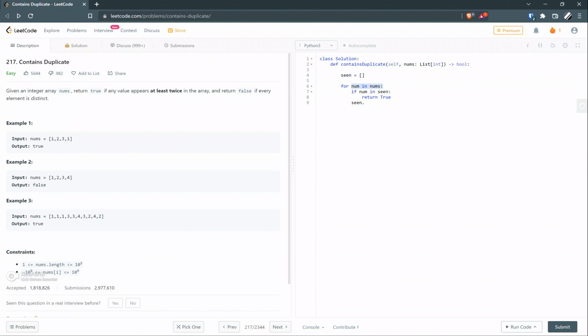But if we take a list, what happens is the initial for loop will iterate over n, given the length of the nums array is n, and then again we'll have to iterate over the seen list. So the time complexity would be big O of n times big O of n, which makes it order of n square, right? But instead we can use a set data structure,